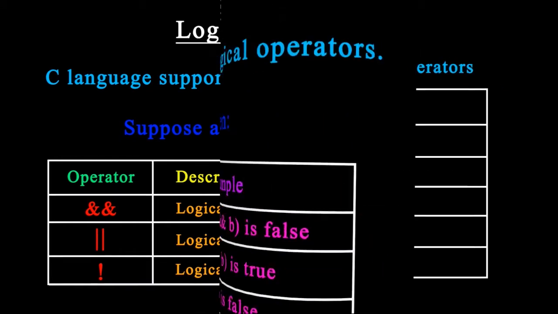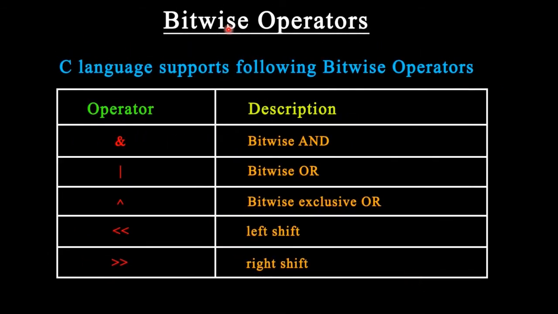Now let's move on to the other operator, which is the bitwise operator. Bitwise means bit by bit calculation. So the bitwise operator performs manipulation of data at the bit level. These operators also perform shifting of bits from left to right. Now note that bitwise operators are not applied on float or double. So let us see these operators one by one.